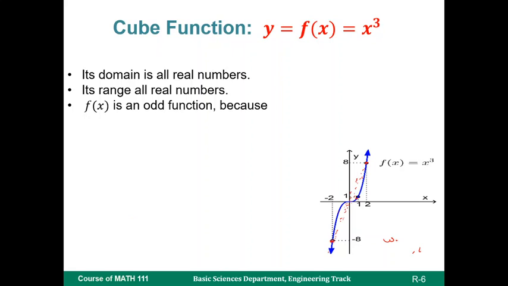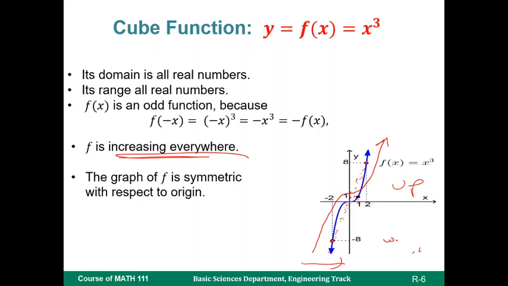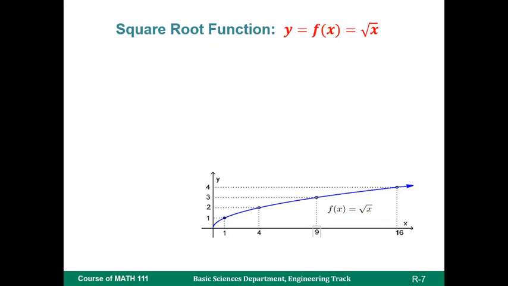And the other properties, do we have more? Increasing everywhere. When you go from left to right, it goes up, so it's always increasing, and symmetric with respect to the origin. We already said that. Okay, the square root function, its formula is given this way, and if you want to